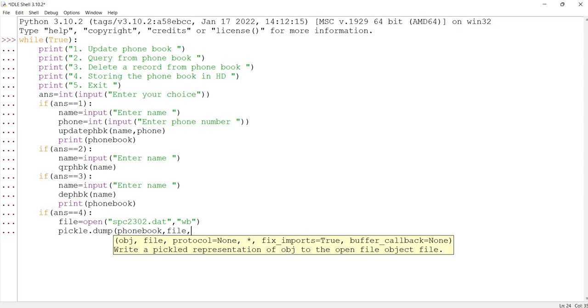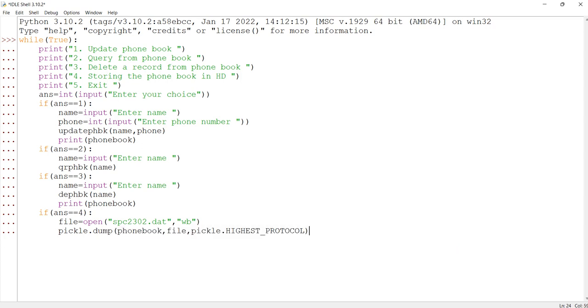And also we write down the protocol for it, pickle dot, we take the highest protocol that ensures. So this much, after dumping, we can give the command file dot close,